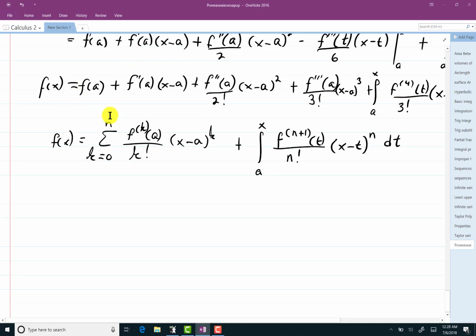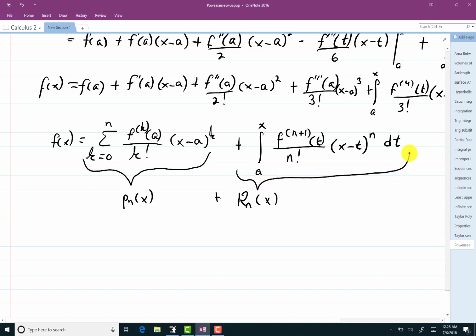So you can see, right here is the Taylor polynomial of degree n, or of order n. There's my P_n(x). And if you've been reading the book, I haven't made a lot of mention of this just yet. But this part over here is called the remainder. So P_n(x), we've seen that before. And this piece over here is the remainder. Now I need for this, if this remainder goes to 0 as n goes to infinity, then